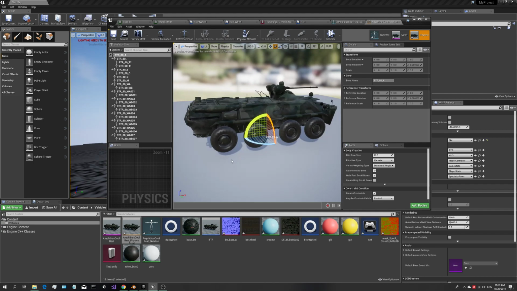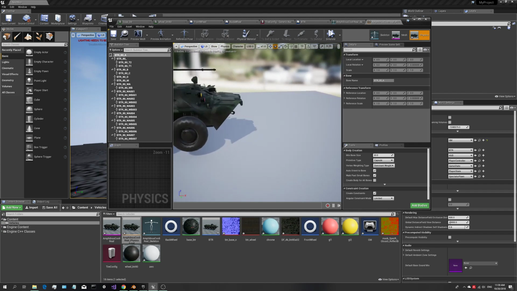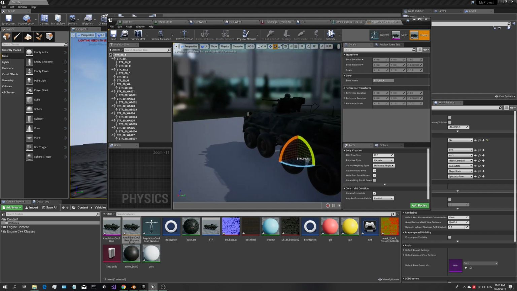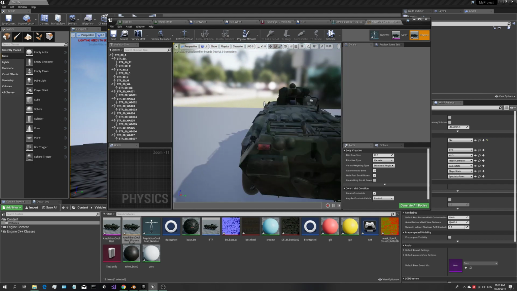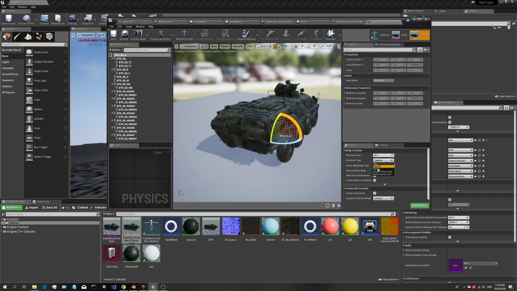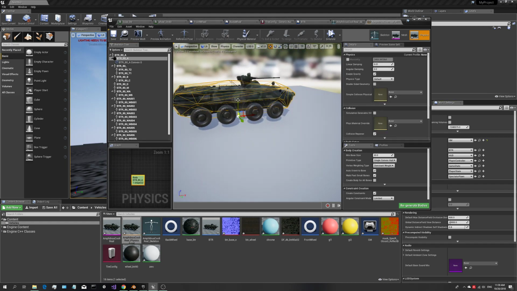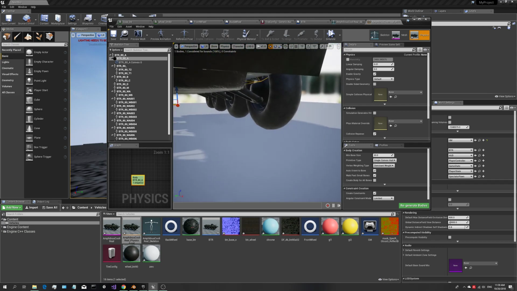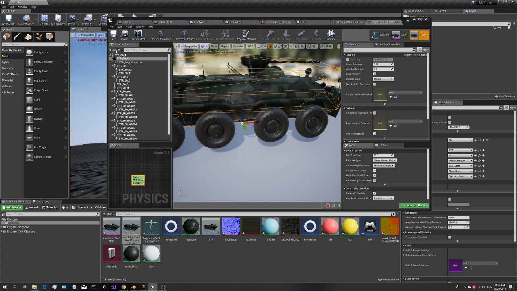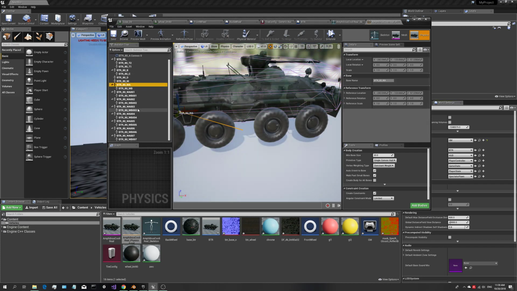So what we want to do is have 5 collision boxes, one for the base of the vehicle and one for every simulated wheel. So go to here, change this to single, then add body, and I will be dragging this up a bit so we can easily drive up ramps without our collision box hitting against the ground. Then select your 4 wheels, so number 7, 4, 2, and 0, and set this to sphere,